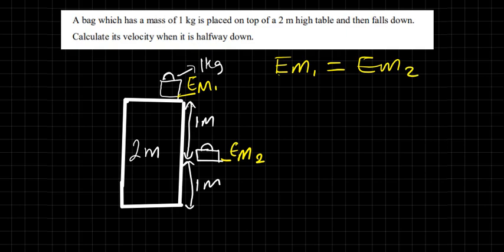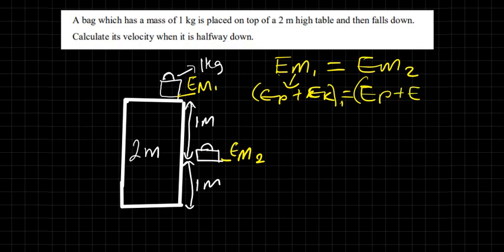Mechanical energy is the potential energy plus the kinetic energy at the first position, and the second position too is the same. Mechanical energy, EP plus EK,